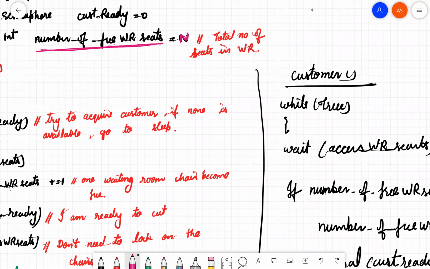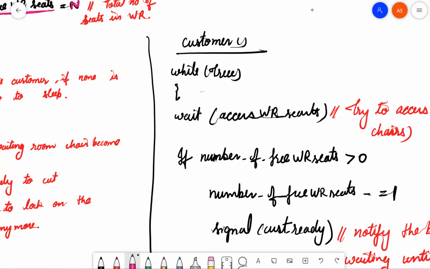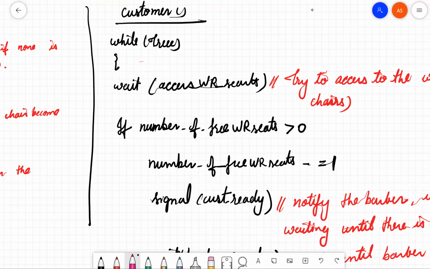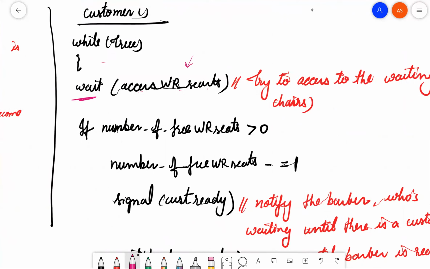Okay, now see the customer code. In the customer code, while true means this code is under the while loop, in which wait access waiting room seat. We applied the wait function and passed access WR seat as a parameter to try to access the waiting chair.